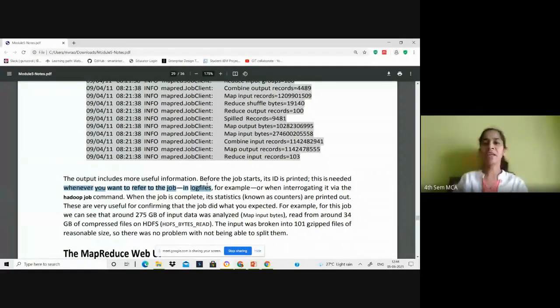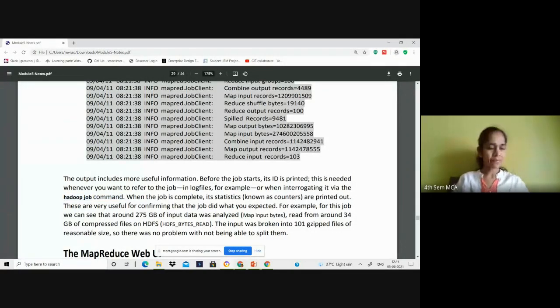Log files contain details about multiple jobs, so if you want to locate your job in the log file, in order to see all these details, you must have this job identifier. For example, when interrogating it via the Hadoop job command, if you want to interrogate about your particular job, then job identifiers are very much necessary.